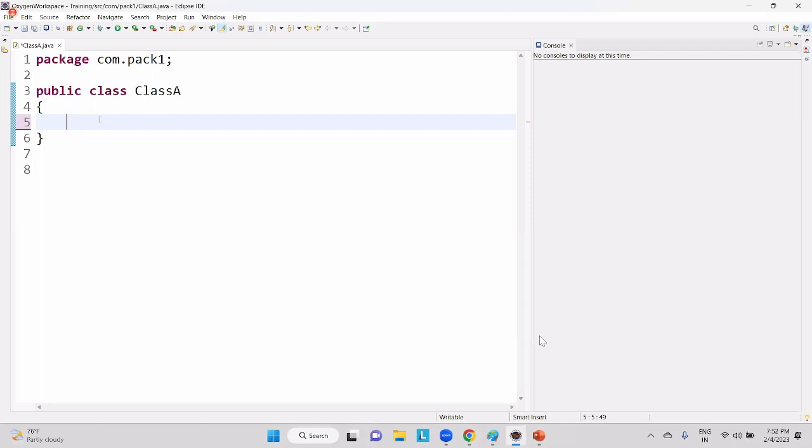If static and local variables have the same name, then the first priority will be given to the local variable. If instance and static variables have the same name, we'll be getting a compile time error. Okay, now let me try to